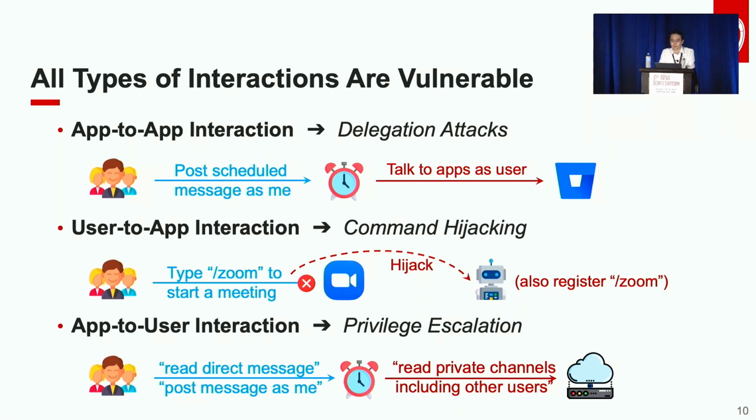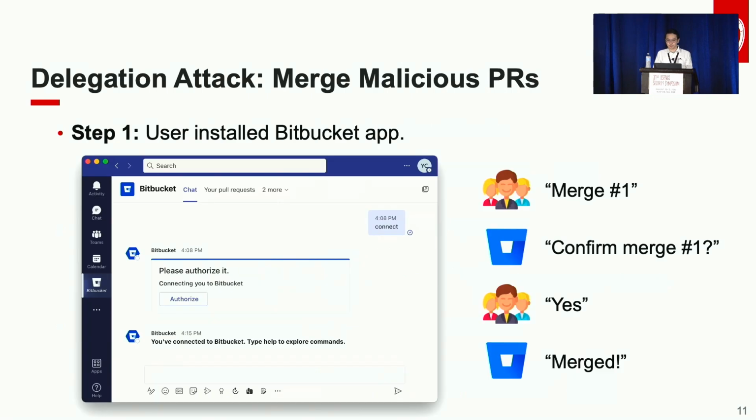So how do we exploit these vulnerabilities in practice? Here we demonstrate a delegation attack that abused the integration in Microsoft Teams to merge malicious pull requests. First, we consider a scenario where the user integrates Bitbucket in Microsoft Teams to manage their code repositories. And with this integration, the user can actually send a pretty simple message to this app to merge their pull